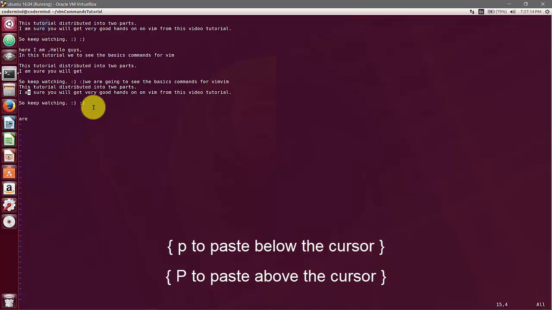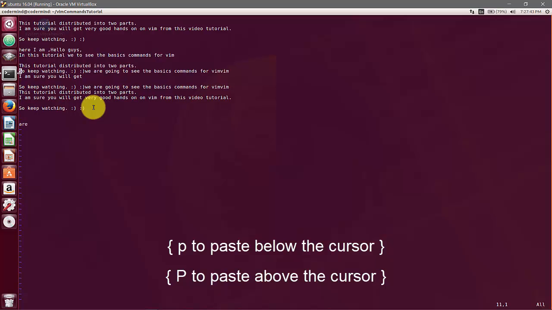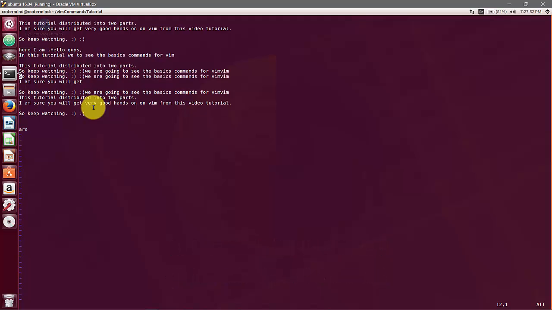Suppose I copied this line and want to paste it below the line where my cursor is. For that you have to press small p. If you press capital P, this will paste your line above the cursor line. So that is for pasting.